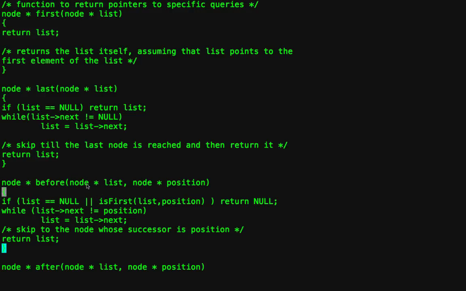It takes as argument a pointer to the list itself, that is, a pointer to the first element of the list, and then it takes a candidate position. It takes a pointer to a candidate position. And it returns a pointer to the position which is before the given position. Of course, if the given position